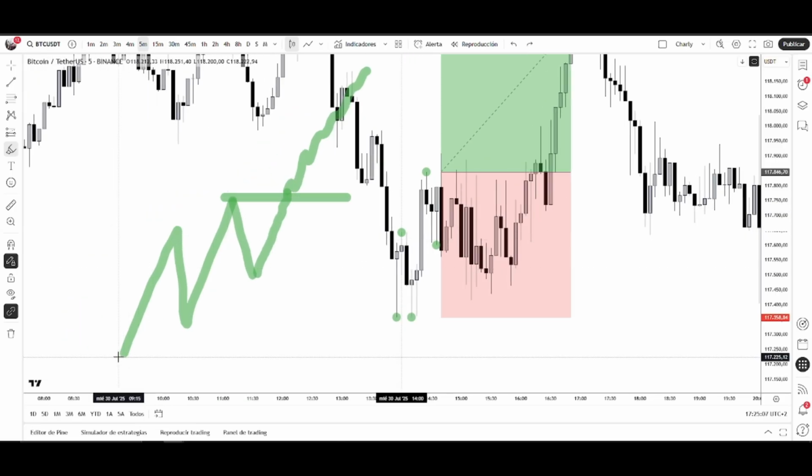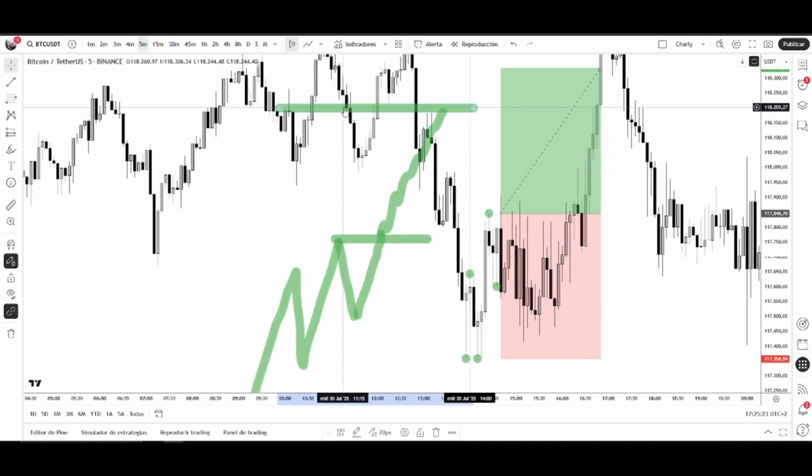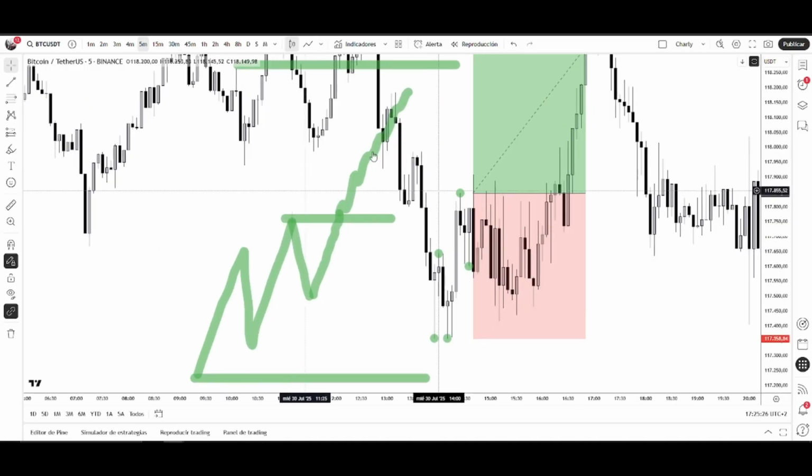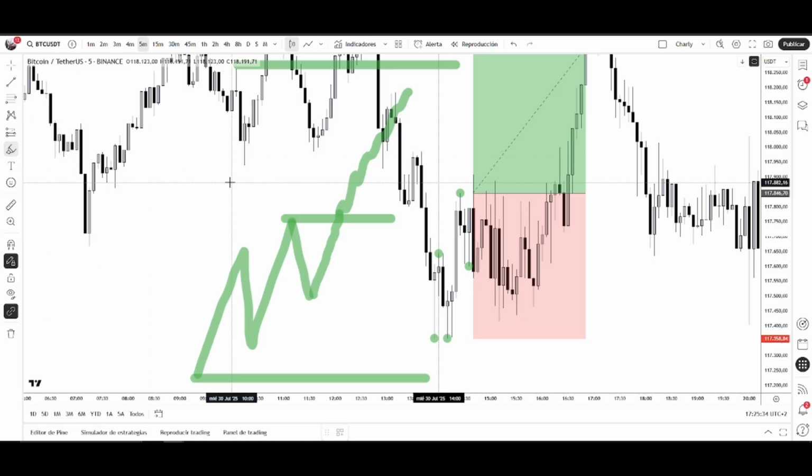Now, invalidation point at the low of the model, basically at the low of the first impulse. Fantastic. All right. Now, exit at the 1-to-1 risk to reward ratio. Beautiful, right? Systematic, objective. It doesn't need any type of special indicator or any type of special analysis. 1-to-1, boom, that's it. You saw that on the first video, all the track record and all the bank of data that is gathered with this type of system.